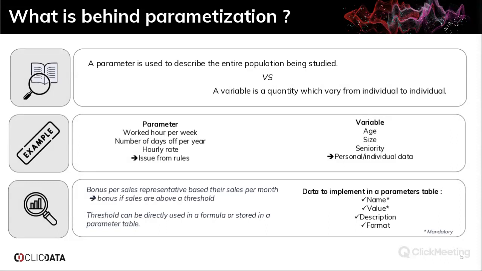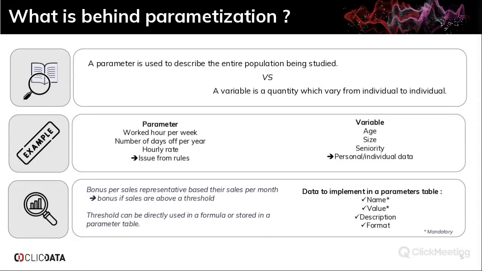Let's assume that these bonuses are calculated based on their sales per month, and they get the bonus only if the sales per month are above a certain threshold. So the threshold will be the value of the parameter. And in fact, we have multiple ways to use that parameter. We can use it directly in the formula. So if we have this formula in multiple places in the dashboard, we will have to change the value in these different